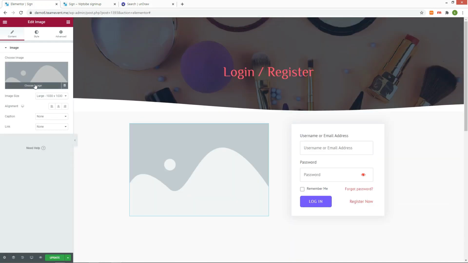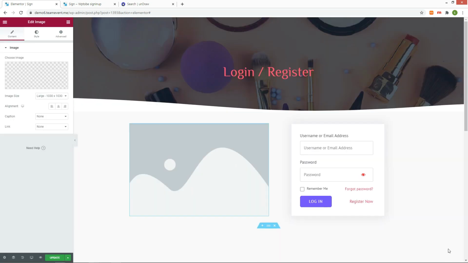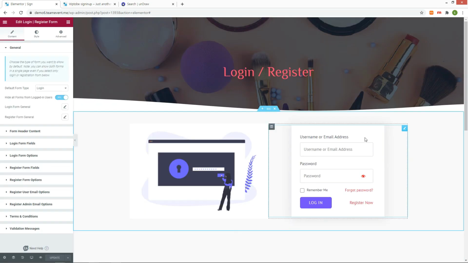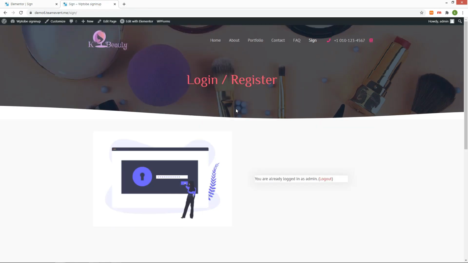Upload the downloaded image. Turn off the Hide All Forms from Logged In Users option. Make sure it has changed on the front-end page. After logging out,